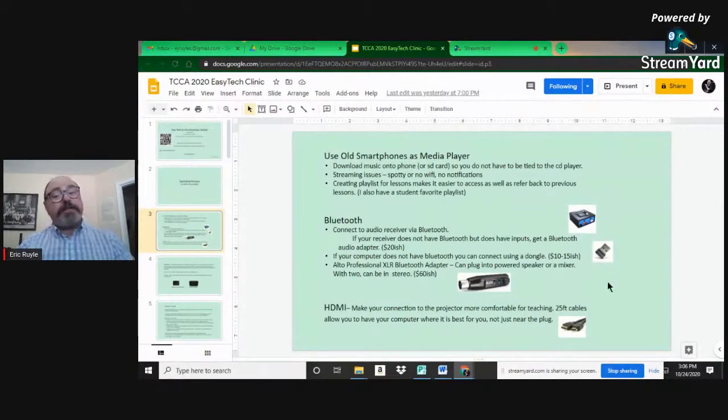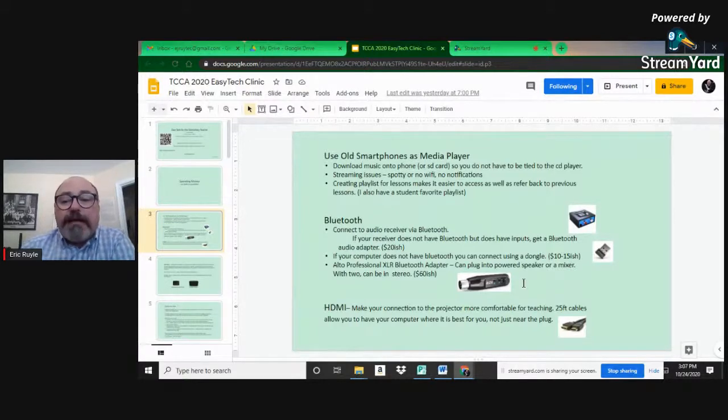If you have a computer that doesn't have Bluetooth, guess what? You can buy adapters for that too, for about $10 to $15, these little dongles. You plug it into your USB slot, and now your computer will have Bluetooth. I had to do that one year, again at the same place that had the bad Wi-Fi. I had an old desktop that didn't have Bluetooth, and I wanted to run things from my computer because we were doing some Quaver stuff. So hook that up to the stereo, hook that up to the computer, and boom, there we go.